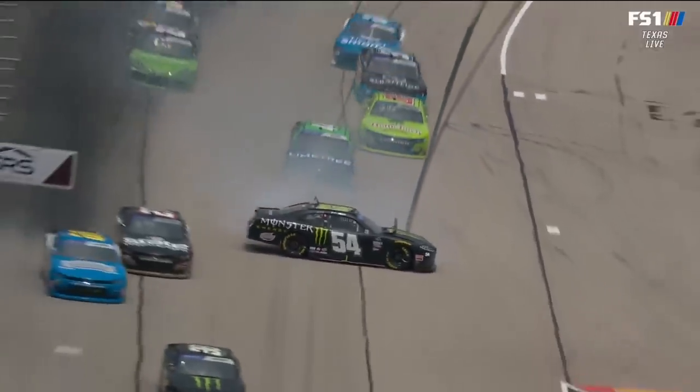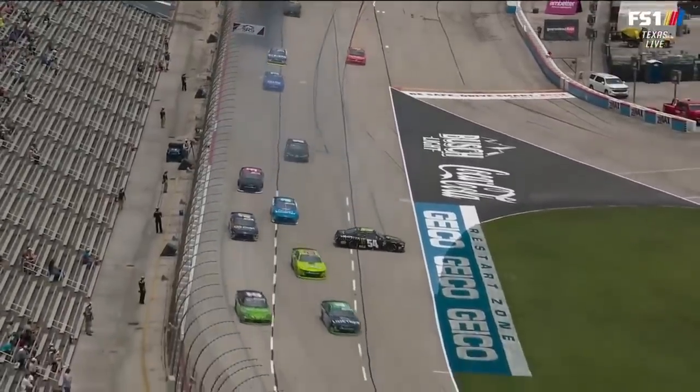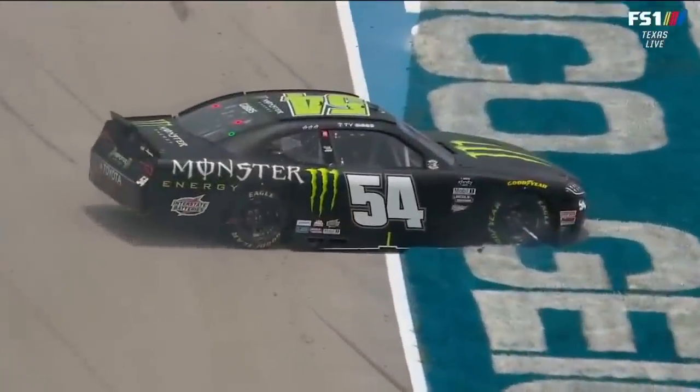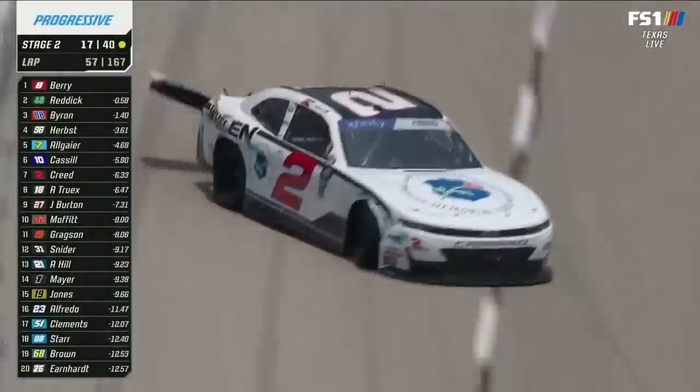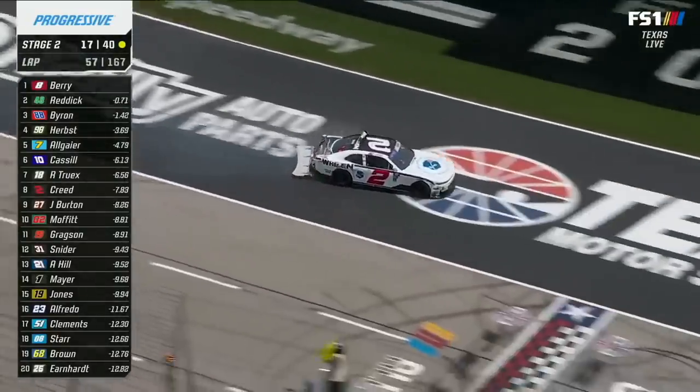Yeah, 27 got it. You know, a lot of times that comes down to when they call the caution. Sometimes the spotter doesn't hear it. Sometimes you don't see the light, and it looks like everybody was kind of checking up as well. They've gained on it, and a big bad break here for Sheldon Creed,